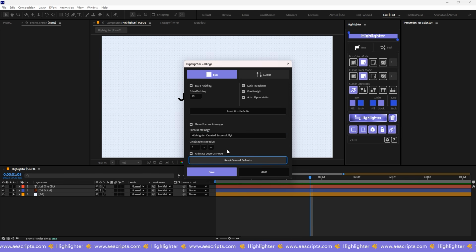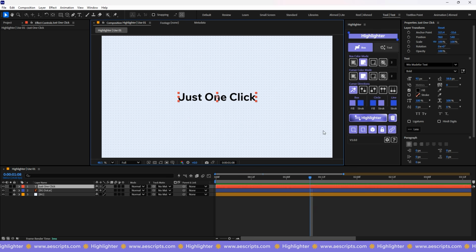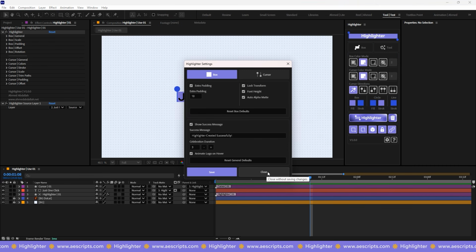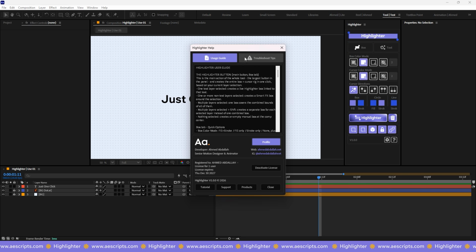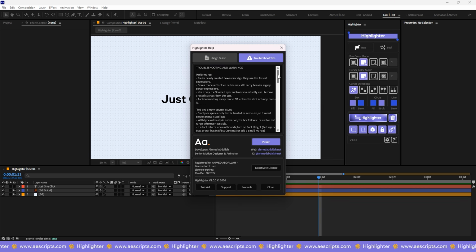At the bottom of the window, you'll find a Save button, which saves all the changes you made to these controls so they apply to new highlighter boxes. And a Close button, which closes the window without saving. If you need any support, press the Help button next to the Settings button, and it will open a panel with usage instructions, solutions to common problems, and other useful buttons such as a tutorial video button, a support button,